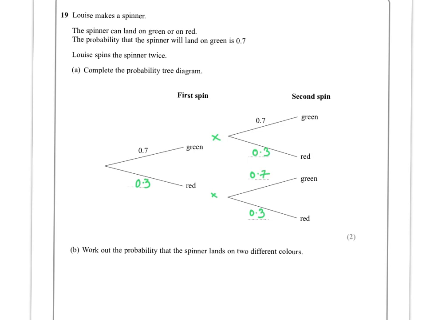work out the probability that the spinner lands on two different colours. So the way I do it is I look at a journey, so it can be green, then red, or it can be red and green. So these are the leaves on the probability tree that I want to pick. So how do I get to this end point here? Well, for this journey I go 0.7 times 0.3, and for this journey here I've got 0.3 times 0.7,